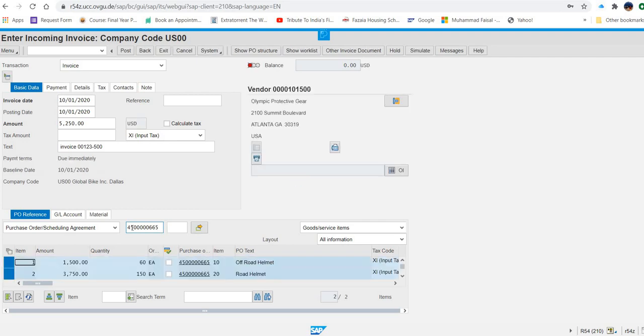Now you can see the data is uploaded in the screen, and at the top the balance showing is 0. Now they are saying if you have done everything correctly, this balance should be 0 with this value being green. Over here it is showing black. So let's see what is the problem with this. When you have this problem, if you try to post it, it may create a problem.